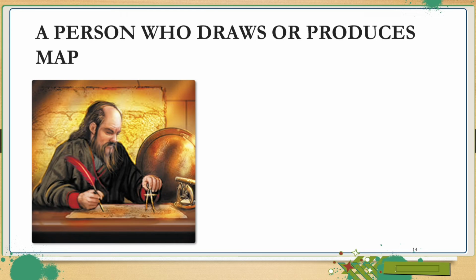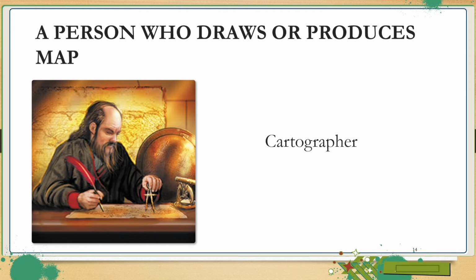Okay, next one. A person who draws or produces maps. That person is known as a cartographer. A cartographer is a person who scales a map, and is responsible for showing us directions, because the person who draws a map basically produces a map of a house, a building, a structure. These sorts of persons, cartographers, are really required to plan a city, or in urban designing we can say. So a cartographer is a person who draws a map.